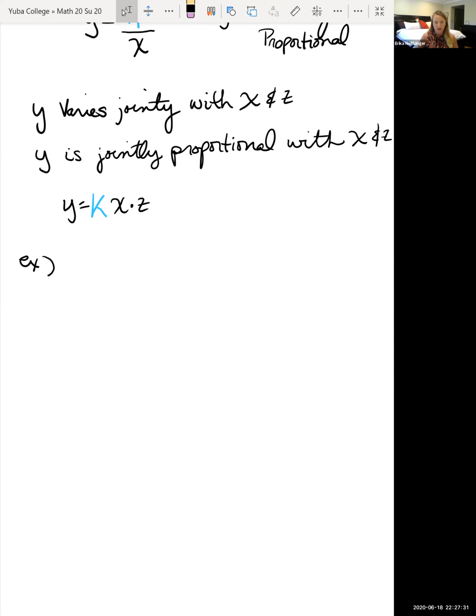Okay. Here's the layout again. So you're going to read through your word problem. You're going to come up with your generic equation that we just did with the variables. And then your word problem is going to give you enough information so that you can plug in numbers for all those variables except for k. And so we could figure out what k is. Once we know what k is, we can answer any question they throw at us that pertains to that example. And so let's look at the following, and it says,